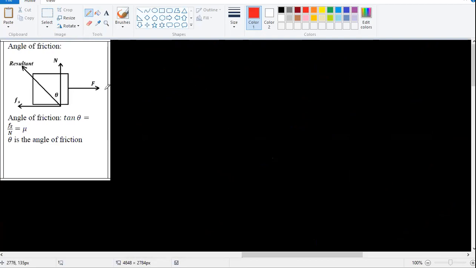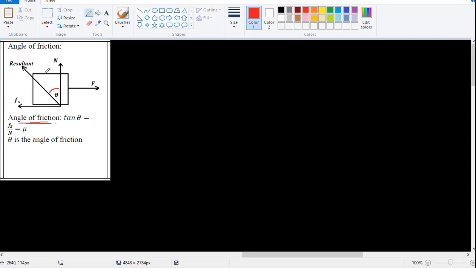So when you apply a force this way, the normal reaction is acting upwards and friction is acting this way. So you see the forces acting from the friction point of view. We say that the normal reaction and the friction should be taken this way, so this is your resultant force, which is what is opposing here. The angle of friction is taken as this angle theta, the angle between the resultant and the normal. That is how the angle of friction is defined.